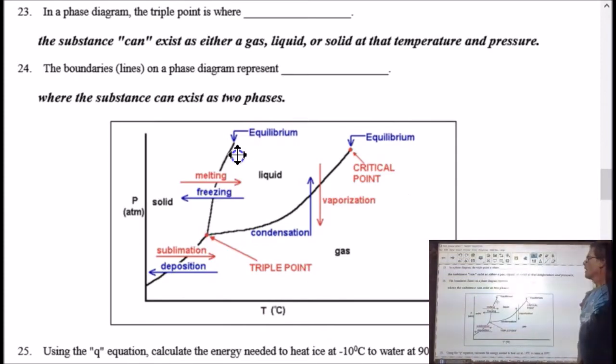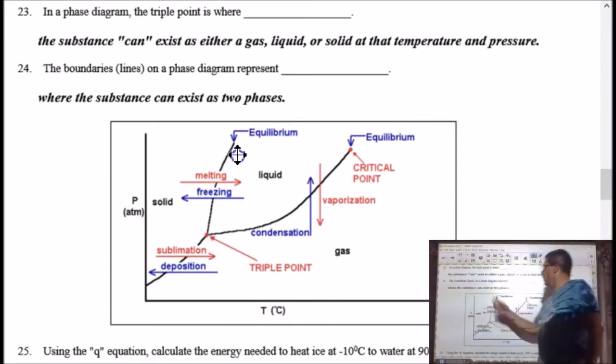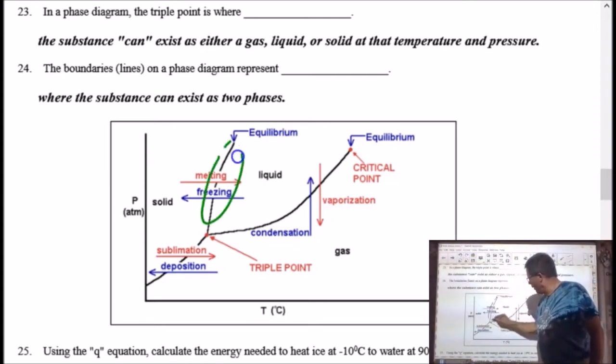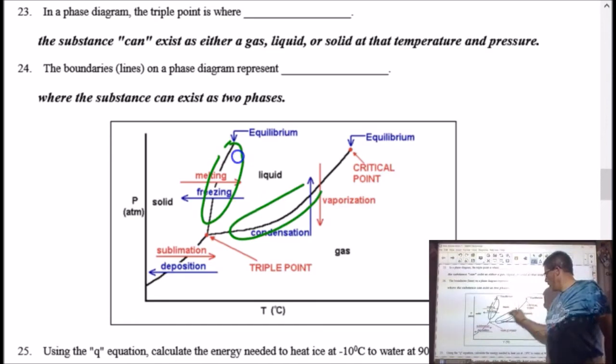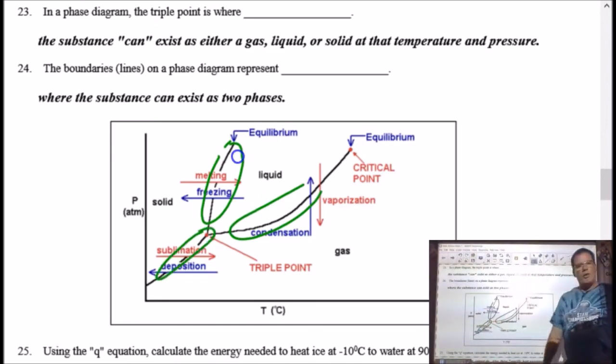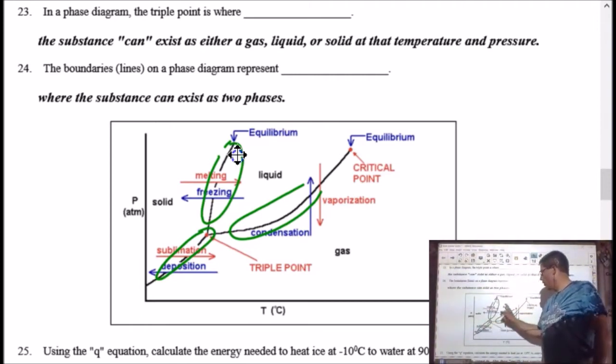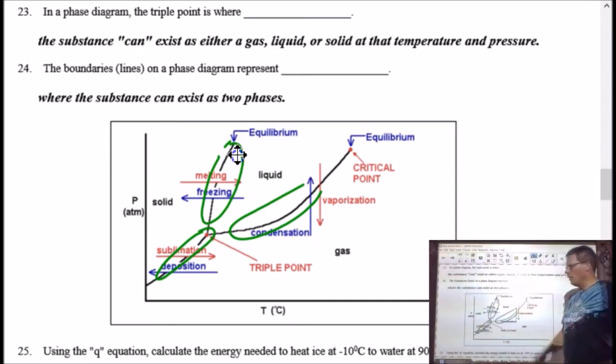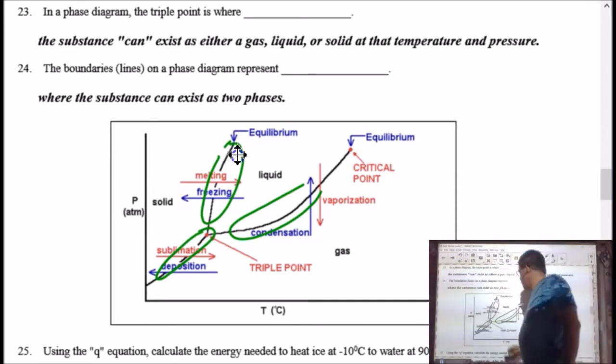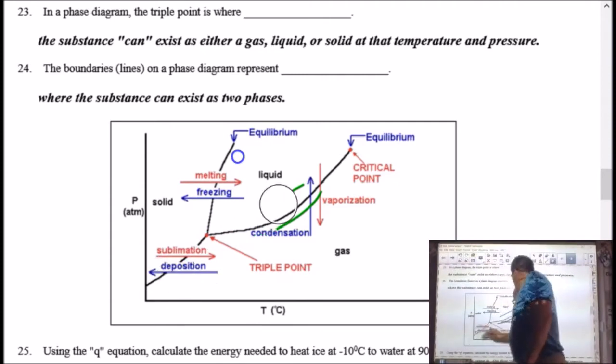Number 24, the boundary lines on a phase diagram represent the phase change. So in this area right here, and right here, and right there, that represents the change. So going from either a solid to a liquid, or a liquid to a gas, or a solid to a gas, or a gas to a solid, or a liquid to a solid, or a gas to a liquid. And make sure you know all those names that I just rattled off there. So again,